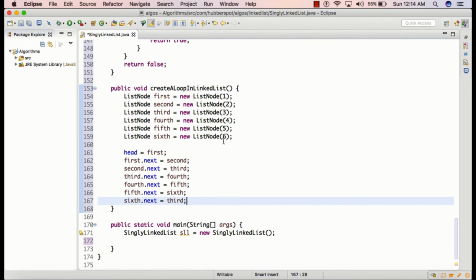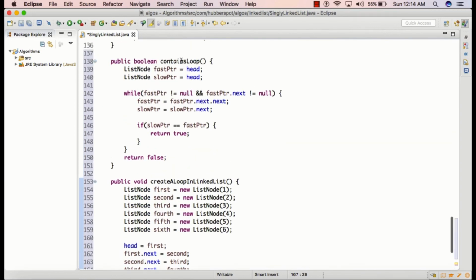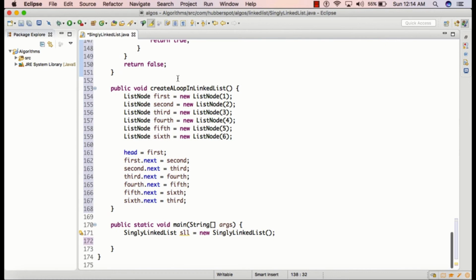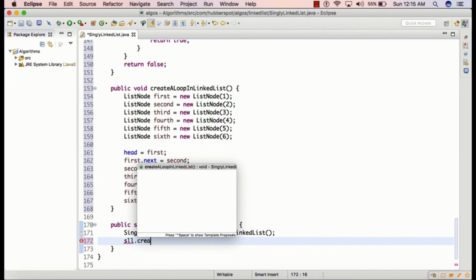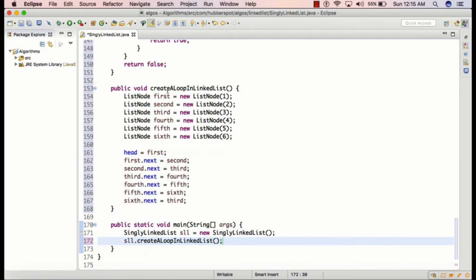Now in the main method, let's test the working of this algorithm. So in the first step, we have simply created an instance of singly linked list. Now in the second step, I will call this method create a loop in linked list. So after this method gets executed, the head will be pointing to a linked list containing a loop.